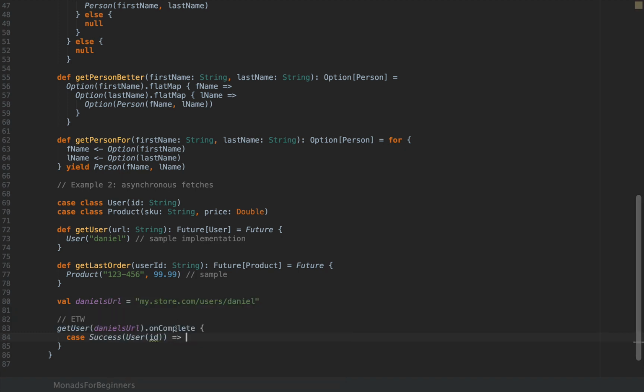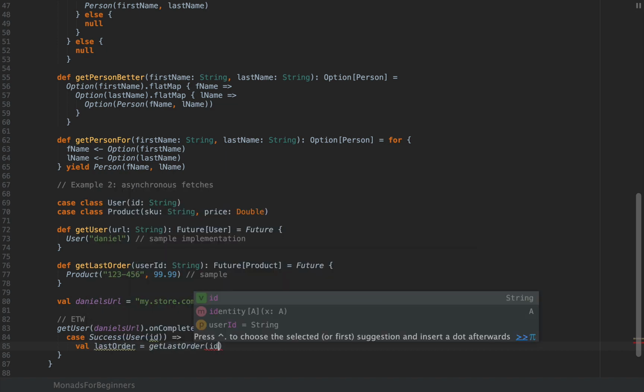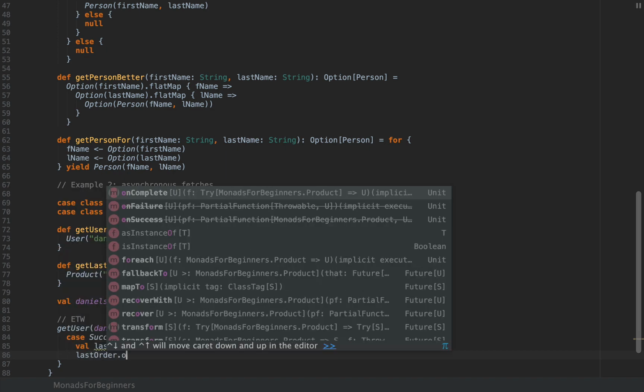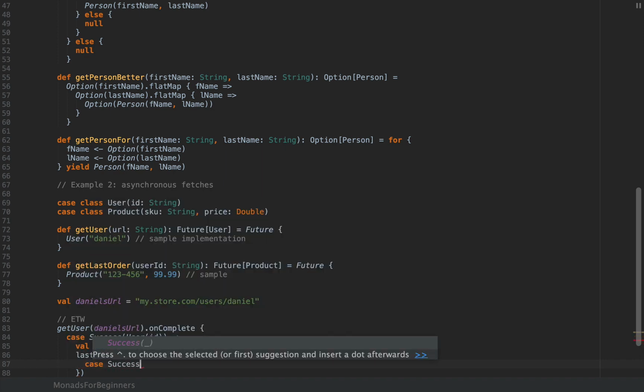In case this future completed successfully with a user at this ID, this ID is what I care about. And so I want to call getLastOrder, which is yet another future. So I'm going to say val lastOrder as getLastOrder of this ID, and then they onComplete again. So I'm going to say lastOrder.onComplete, and in case I got a Success of a Product